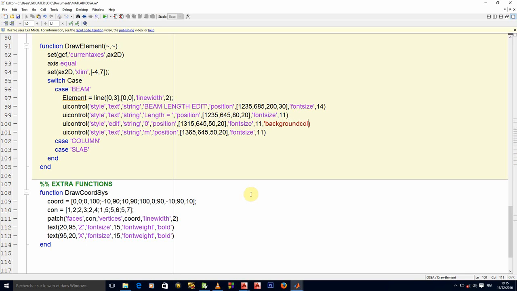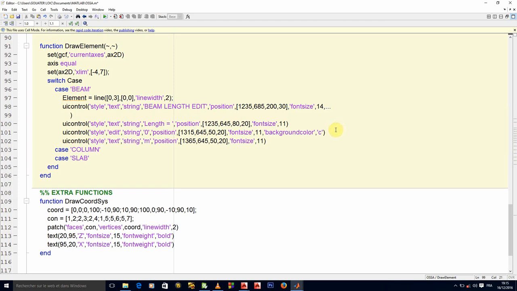Background color, we will put it cyan. And then we will make sure that the background color of our text, this is just to make things special and beautiful, will be the same color as that of the figure.